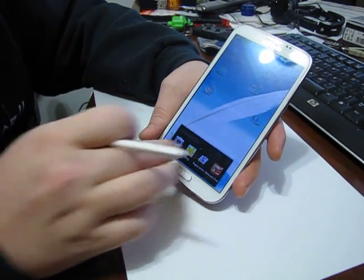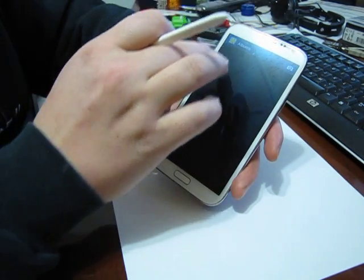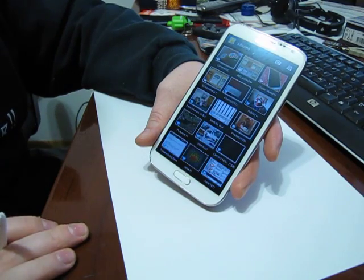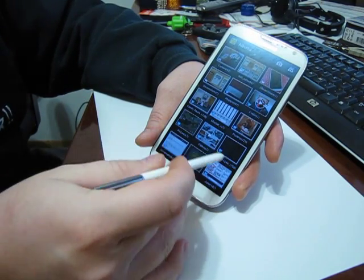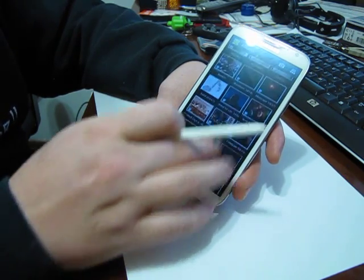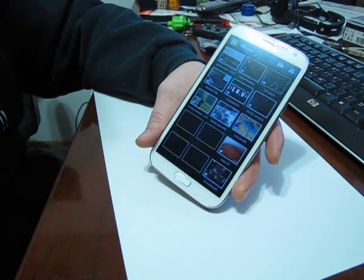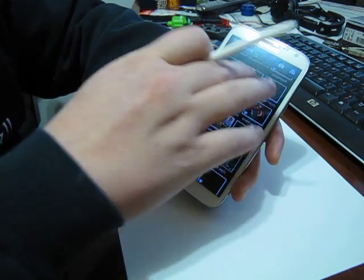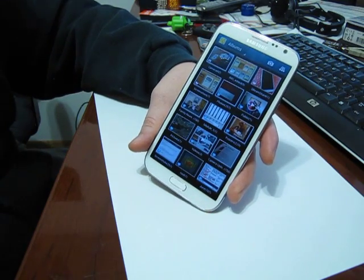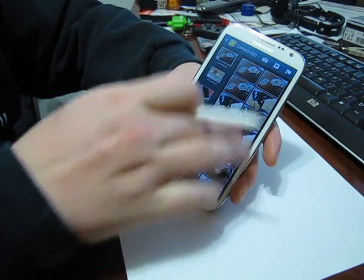What I don't like about it is the gallery app. I was hoping for a standard gallery app, but this is slow. This is absolutely painstakingly slow. For some reason, it's syncing my Dropbox pictures and my Picasa pictures, and I've turned those features off in the sync app, and it must be somewhere else in there, but I just can't figure it out. And because I have so many, it just takes forever to do anything in here. So if I click one, again,